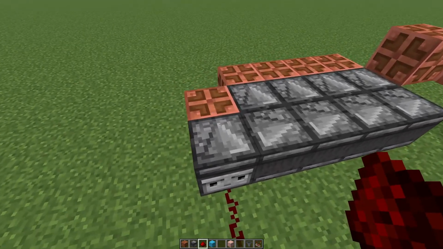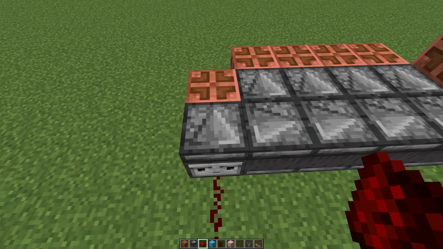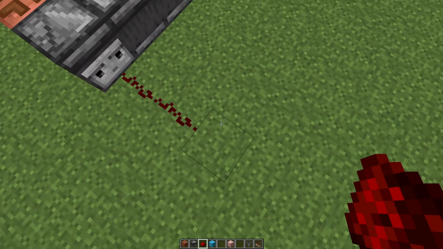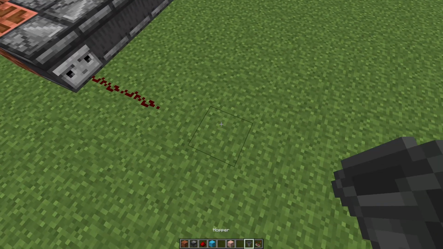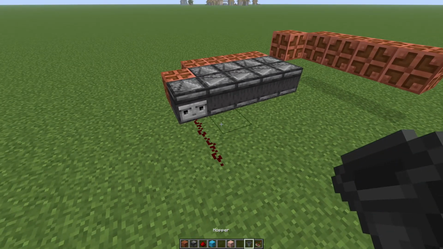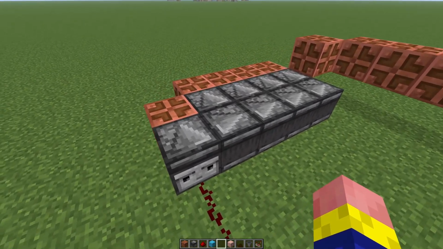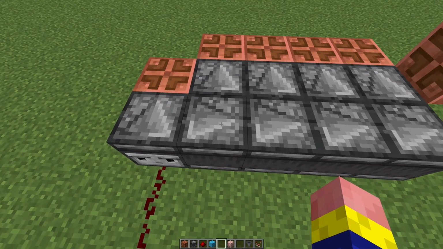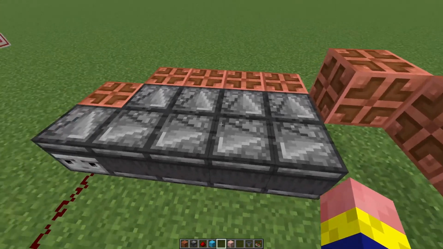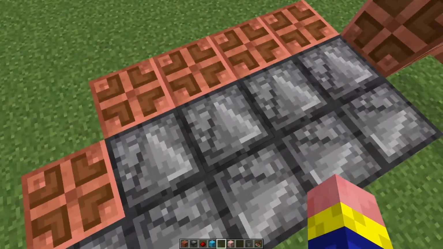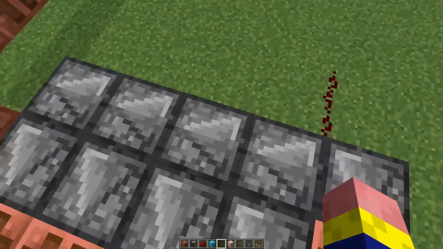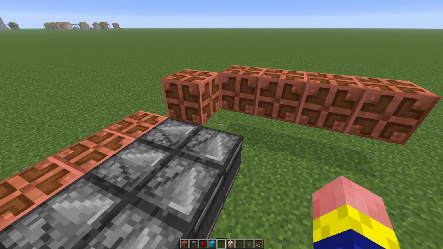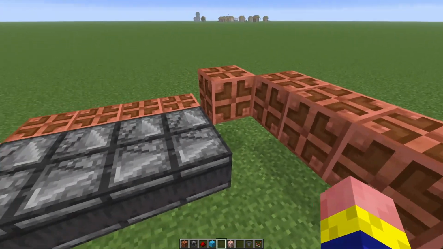So, kind of using similar concept to the last build video, this first observer watches this redstone signal, which is going to be coming from the little hopper clock I mentioned earlier, and then that will be watched by this one, and then this one, and then this one, and this one, and each of these here will be watching this pulse go along. Now, where this design starts to get interesting is when we get to going up a